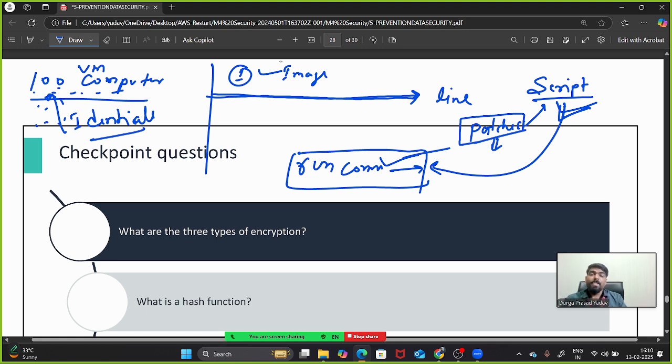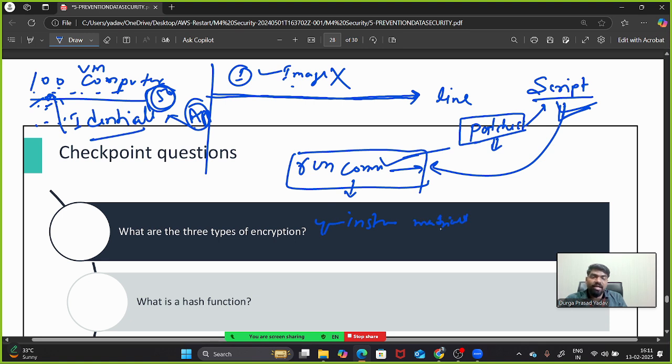That is perfect. Next, let's suppose you need one more application, now in 50 computers only. Now you are not going to change the image, because if you change the image, all the 100 computers' images will get changed. Then you will select only those 50 computers, and what all are the applications you need to install. Let's say if you need to install a database on these 50, then you can just write the command in the run command. You will write yum install mariadb.